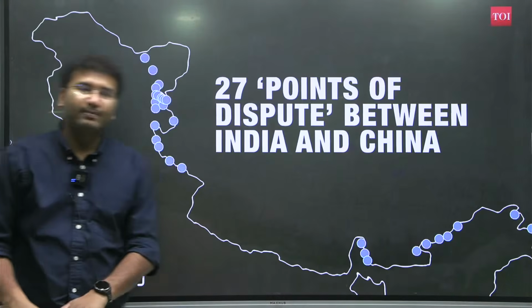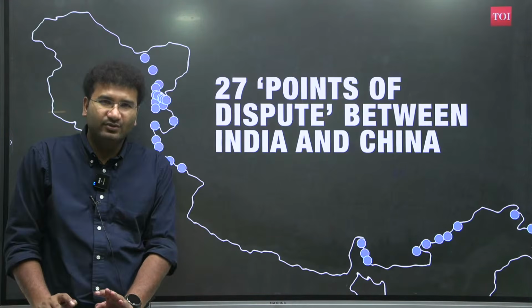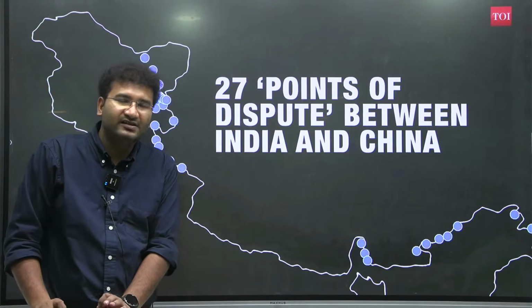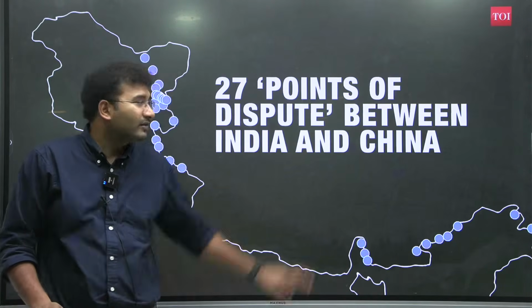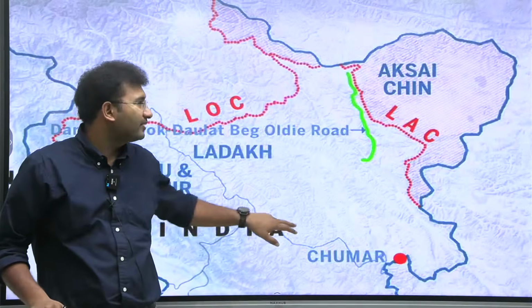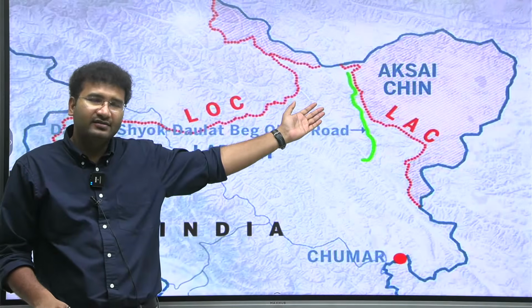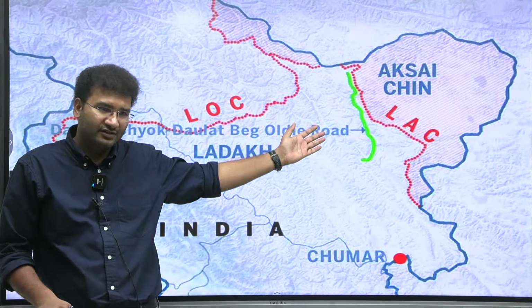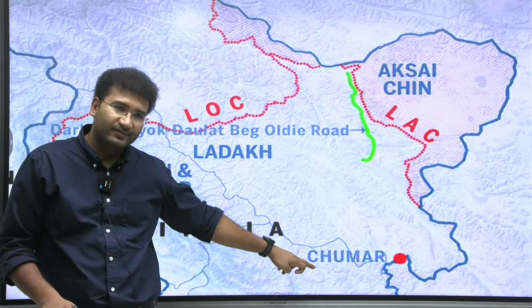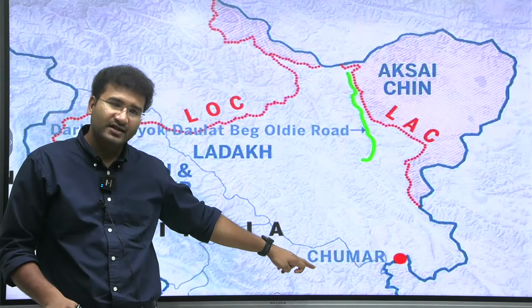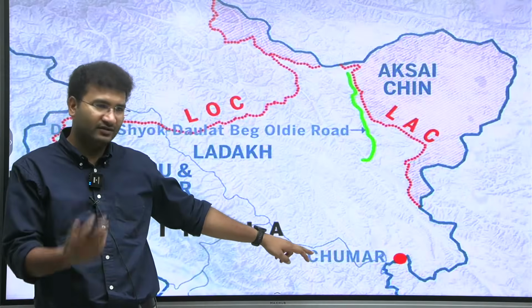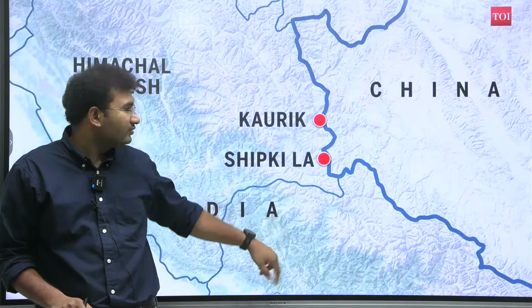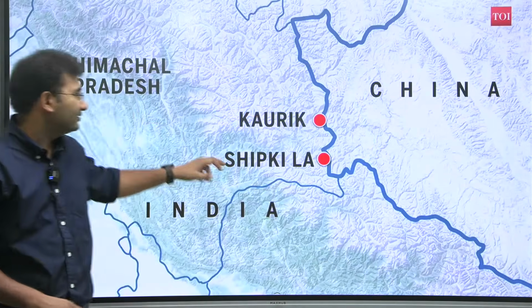There are places in the news that you need to just have an understanding of. This place is in dispute between India and China. So one by one, quickly I'll show you what these places are. One, Aksai Chin. It's a disputed area between India and China. You know it. Here, Chumar region. In the Chumar region, there was a conflict between the Indian soldiers and the Chinese soldiers. In the northeast, Shipkila I told.